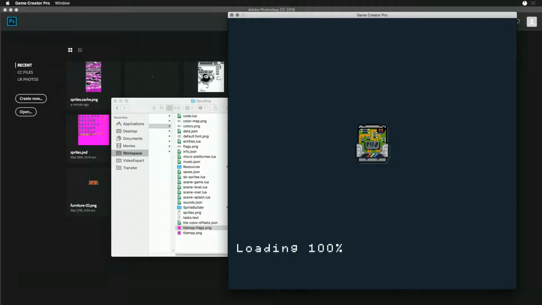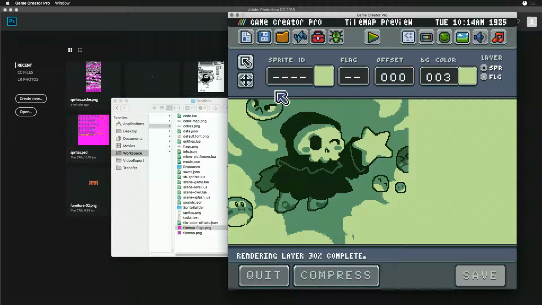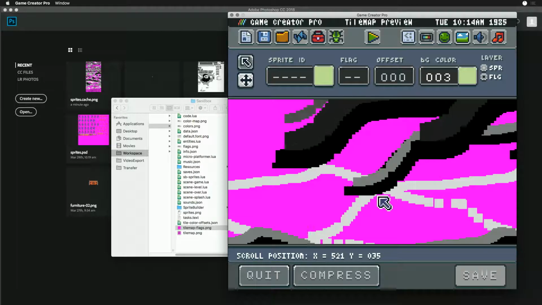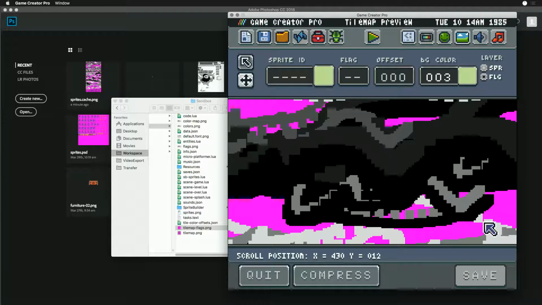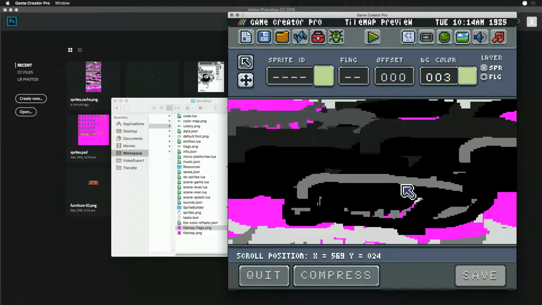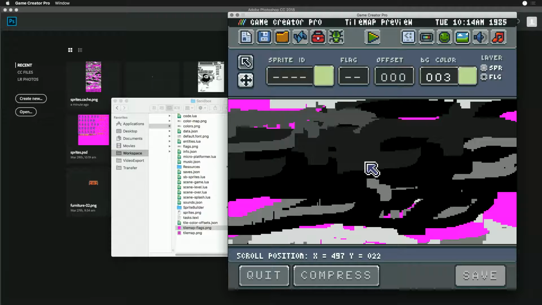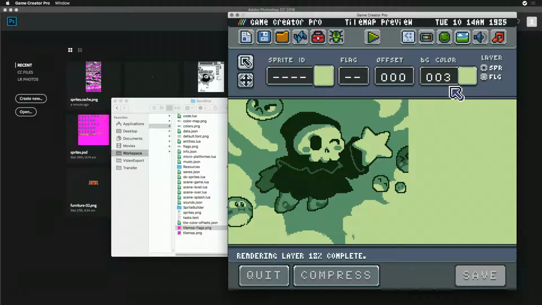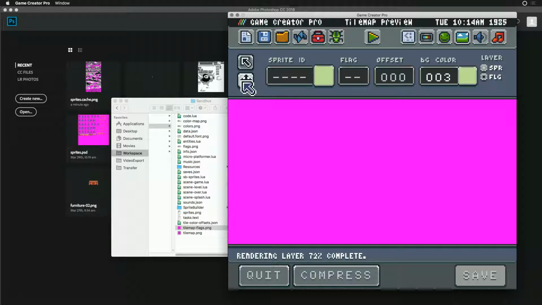I wanted this to match up to make sure that we're loading in the right tile map flags. I've got to wait for this thing to render. All right, now it's done rendering. We'll load this in, and whoa, that is trippy. All right, it looks like I need to fix this. Okay, so what's happening there? That was a bug that I must have introduced this morning. I was having some trouble where, when I was rendering the background flags, I'm not having it clear out the